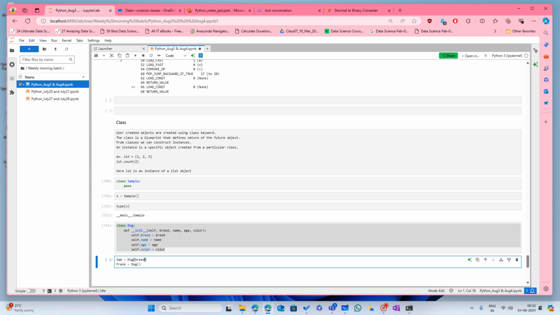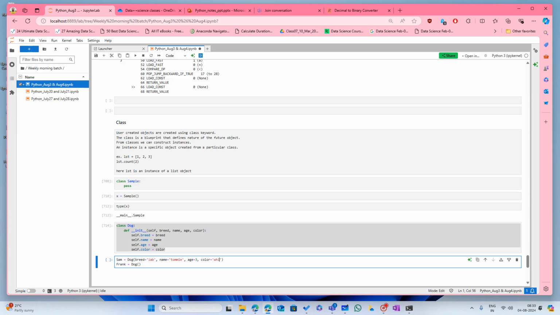Here I'm going to pass breed, what type of breed it is. Labrador, so I will just say lab. And name, let's say Tommy. Age is, let's say 3 years, and then color is